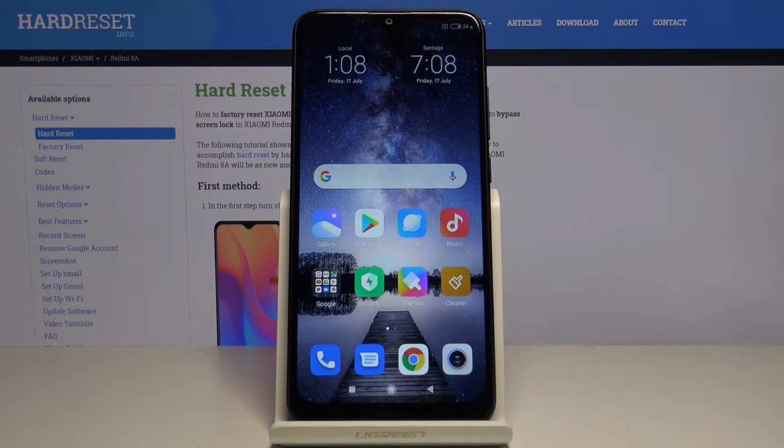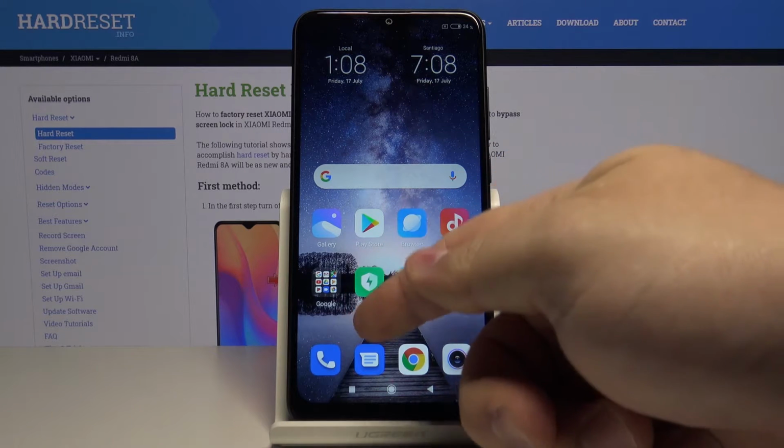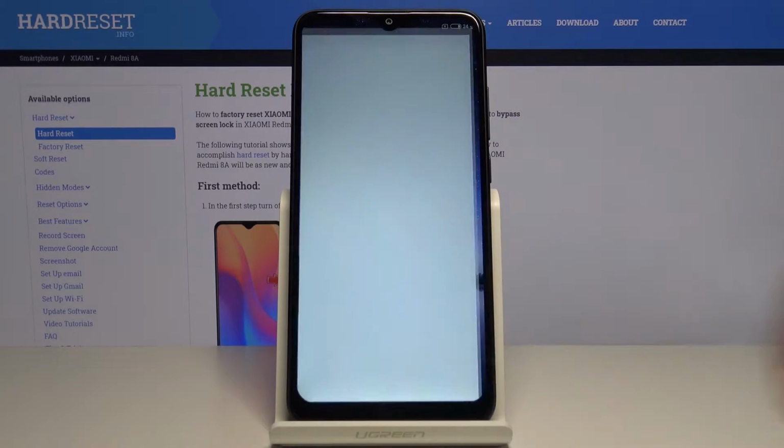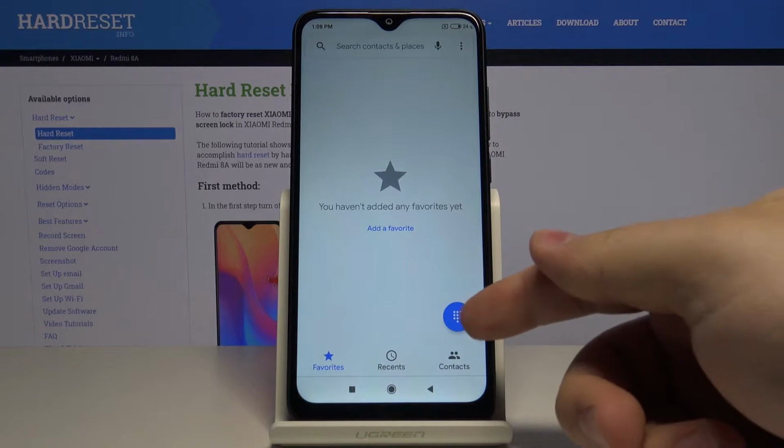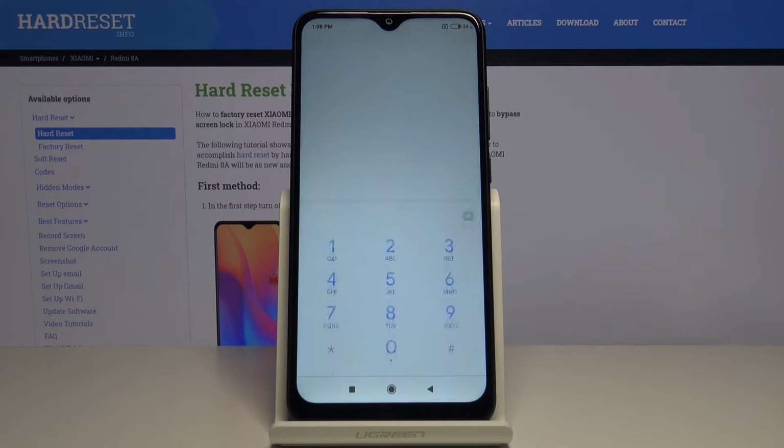Welcome, in front of me I have Xiaomi Redmi 8A and I'm gonna show you a few codes you can use on this device. Let's start by opening the phone app by tapping this icon right here. Now let's tap on this icon to open the dial pad, and now we can enter the first code, which is